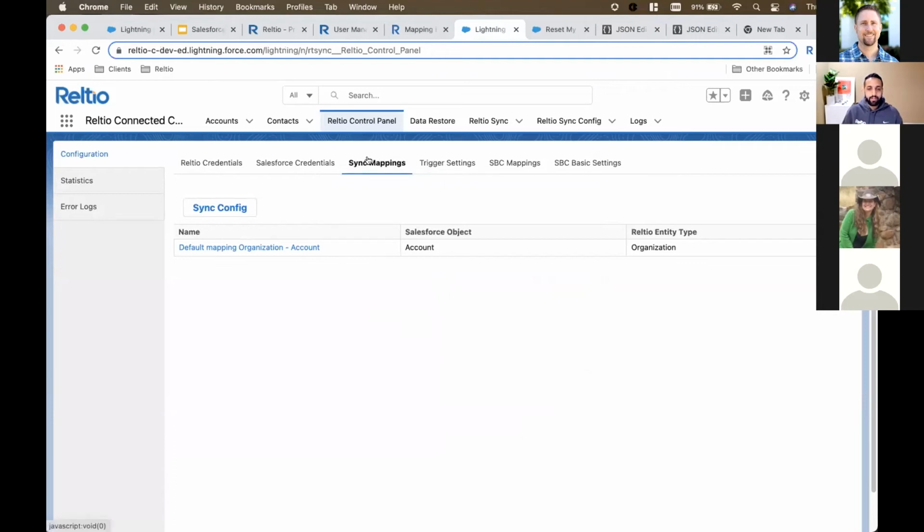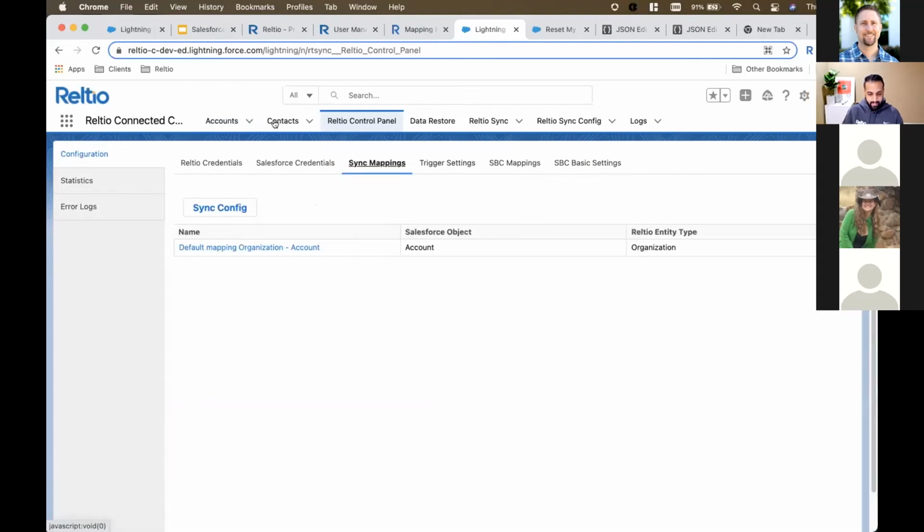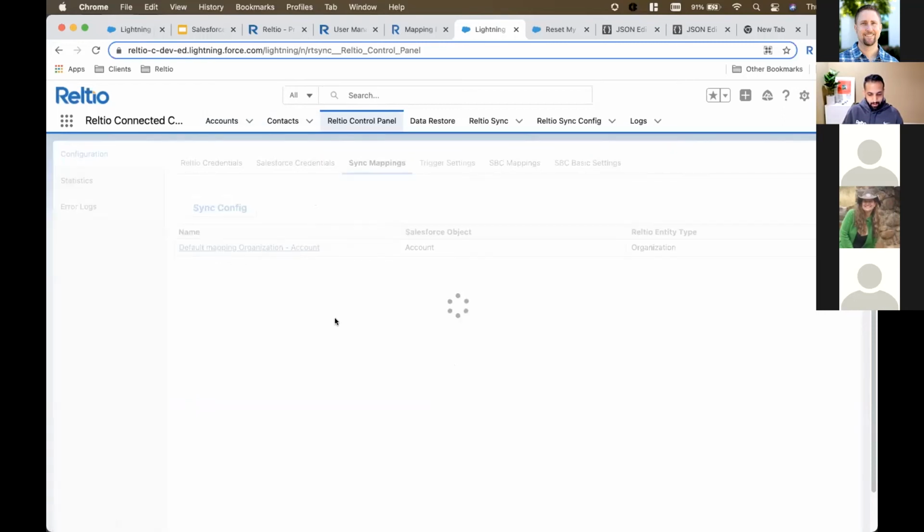If you don't get the triggers message, you can go to trigger settings and force it to generate triggers, and it'll be able to do it. And if not, it may be because you might have some other Apex code in your Salesforce environment that's actually controlling the triggers. In that case, it'll print out a default trigger that you can quickly copy. Then you can go into your settings and manually add in the triggers so that the Reltio connector can work. But once you click the sync config button, if you open this, it'll reflect the most recent changes